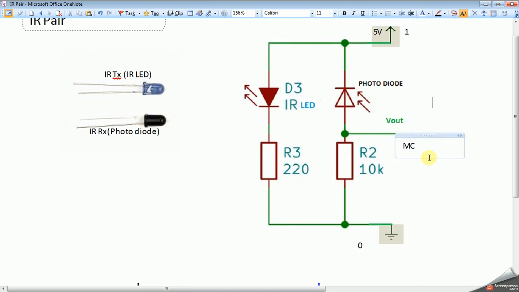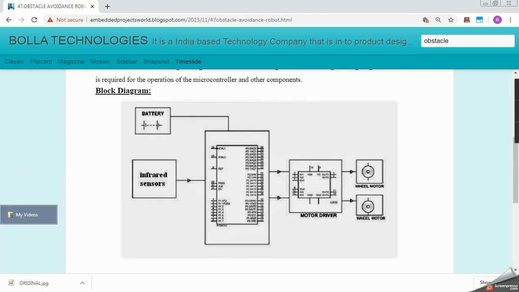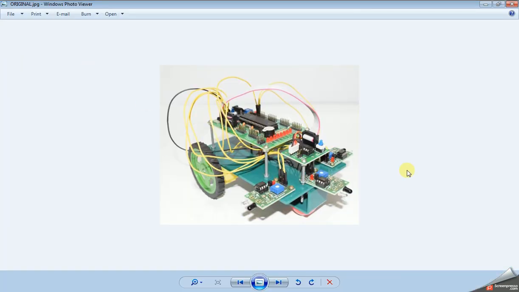I hope you understood this circuit before we start the program. Now let's see what the real robot looks like. This is the original obstacle avoidance robot.